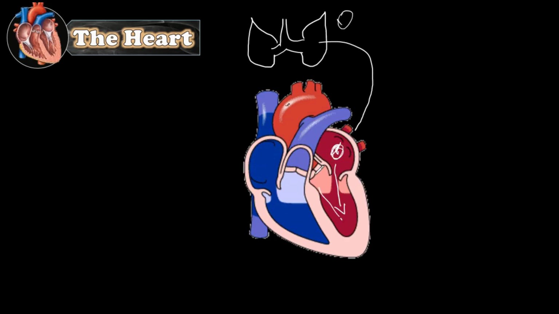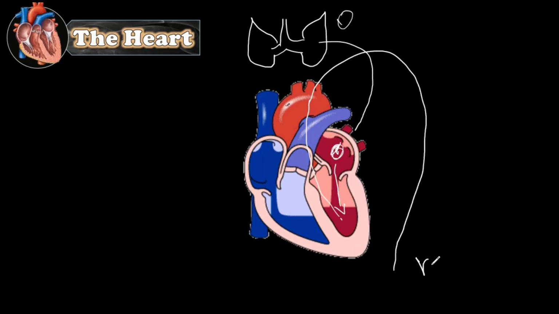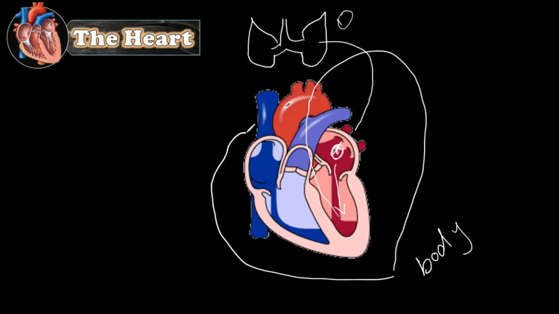Then it goes through the aorta to all parts of the body, let's say body cells and tissue. Now back, it goes through the vena cava,